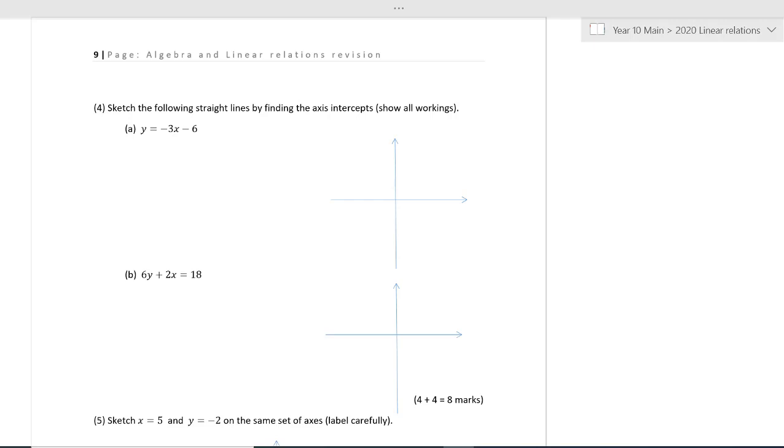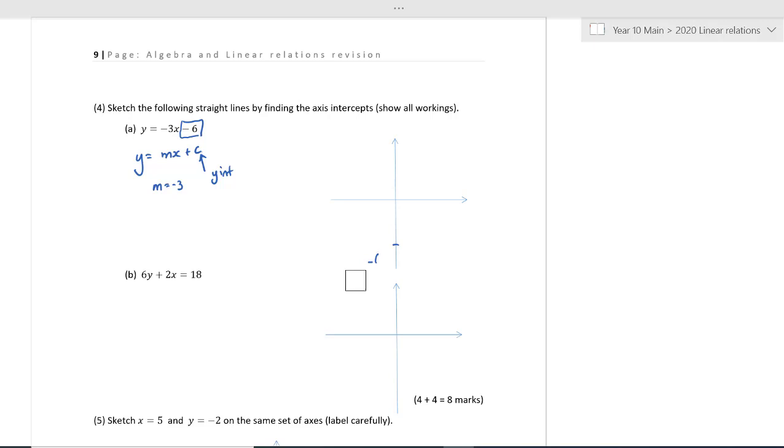Sketching, you're going to have these each and every year, and you're going to have sketching of 2 different types. So of course, first of all, we know that y = mx + c. We know that the gradient is -3. We also know, because this is in intercept form, this is the y-intercept, which in this case is not 6, it's -6. We also know that it's got a negative gradient. So if I go down to -6, and I'm going to put it down here,